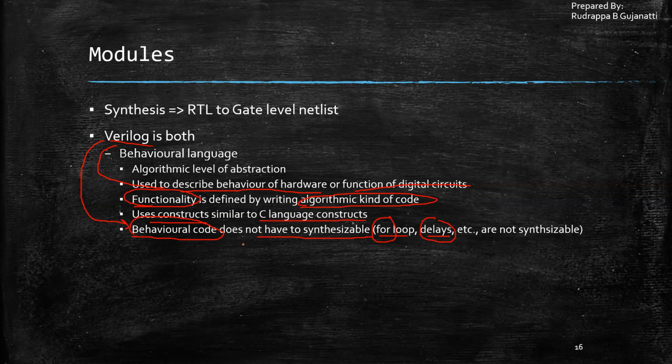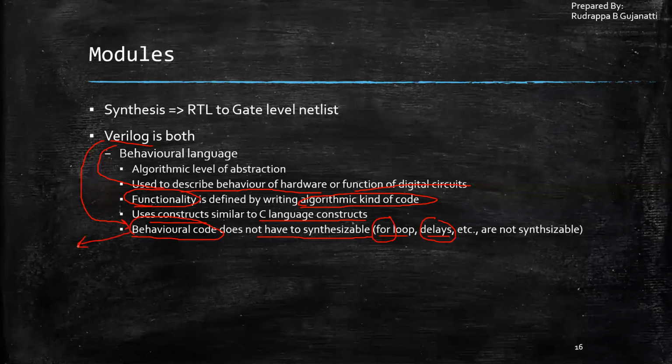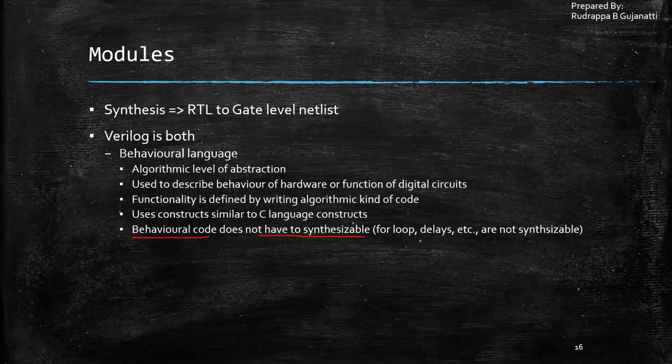So here I specified that when we are writing behavioral level code, we are not bothering about the implementation, how it is done in hardware. For a for loop, I don't have any hardware implementation, but how the looping takes place is a different aspect. So behavioral code, generally, you cannot synthesize, but structural you can synthesize. Whenever you are coding, you should keep in mind what part has to be synthesized and what part need not be synthesized. Those things also come into consideration.